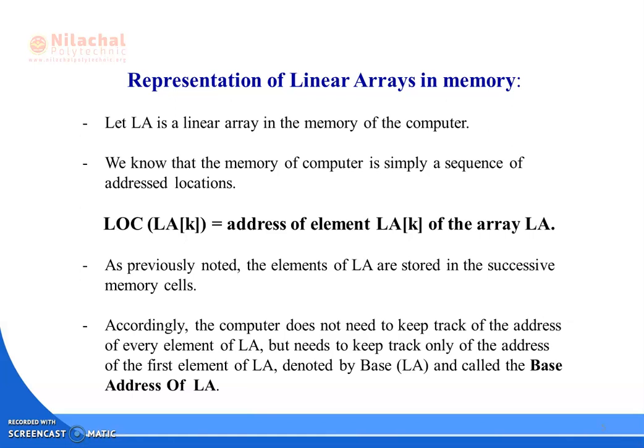In our previous slides, we have been discussing the topic of array, basically the linear array. We have already discussed what a linear array is. It basically consists of homogeneous data elements, that is, similar type of data elements. Either it can be an integer type of array or a character type of array. That is, each and every element in the array should be integer type or should be character type.